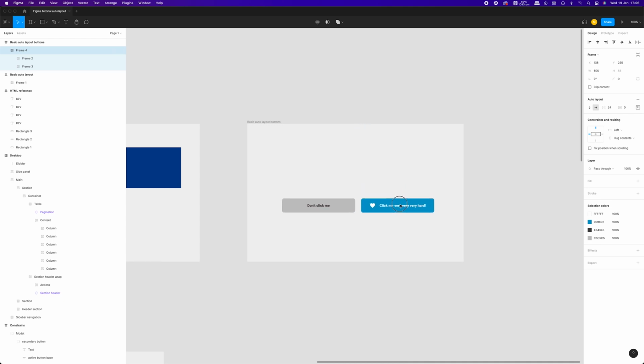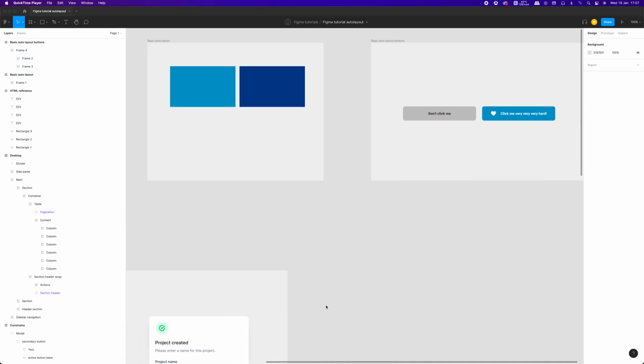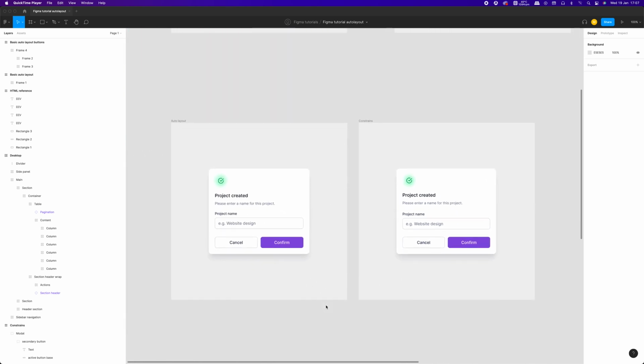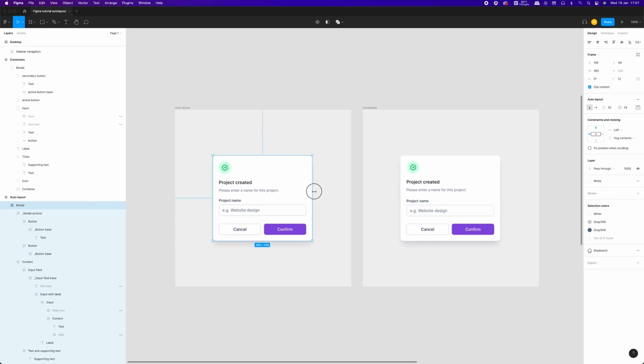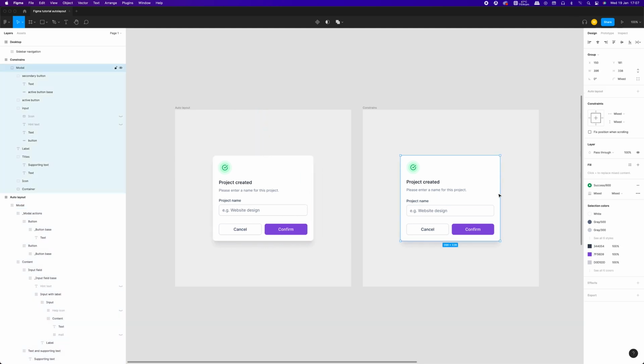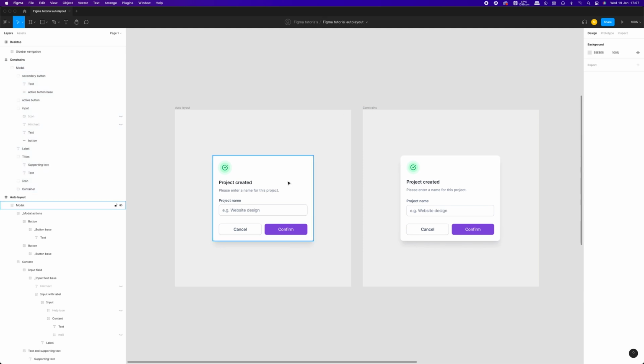Let us move to the next example. The design on the left is created with utilization of auto layout. The design on the right, on the other hand, is not. As you can see, the first one takes full advantage of auto layout features, whereas the second one would require additional work or creation of separate versions of it to accommodate various changes. So, big question. Isn't it the best way to design interfaces in Figma? Why not use it all the time?